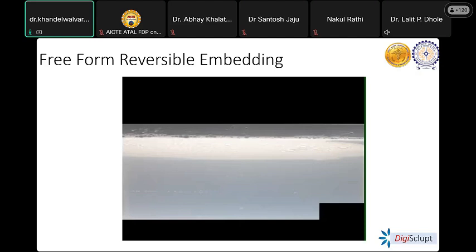So what we suggested, and we are also developing, is this dual pneumatic